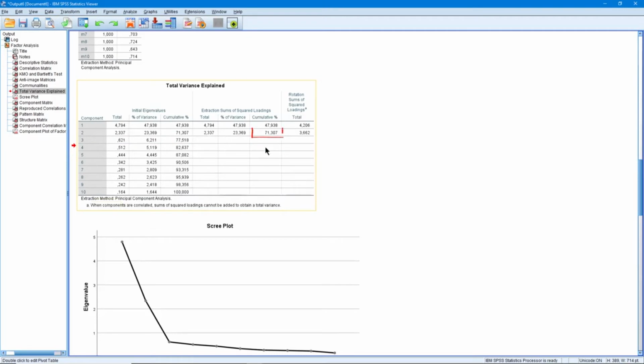In addition, the variance explained by these factors appears here. We see that it is 71.307%. In other words, the total variance explained by these 2 factors is 71.307%. Here we see the first of 2 factors. It explains 47.938% of the variance. In other words, the contribution of the first factor is 47.938%. The variance explained by the second factor is 23.369%. When these are added together,